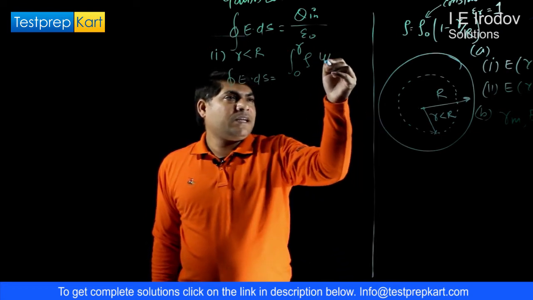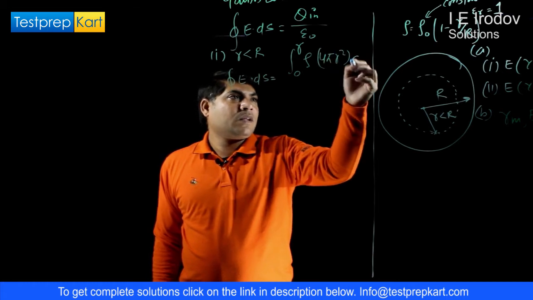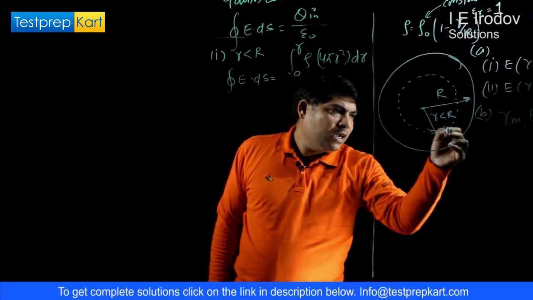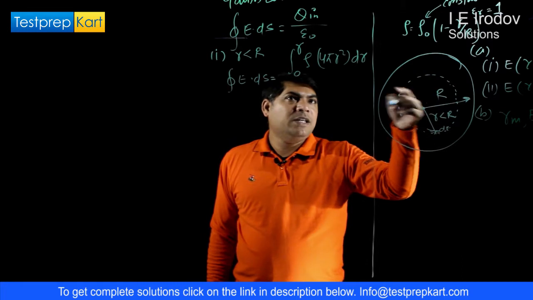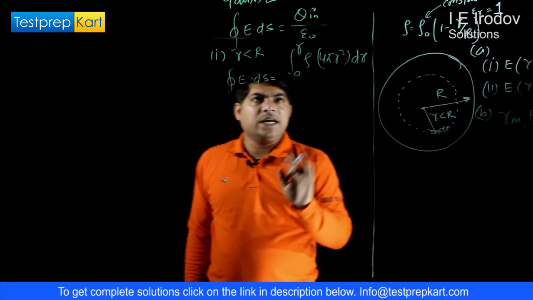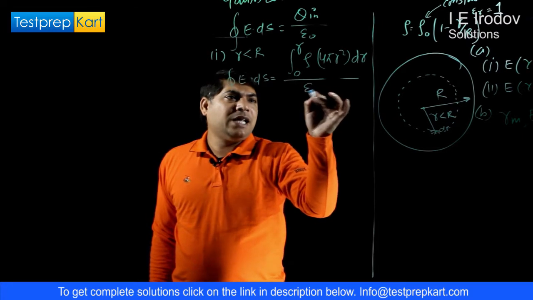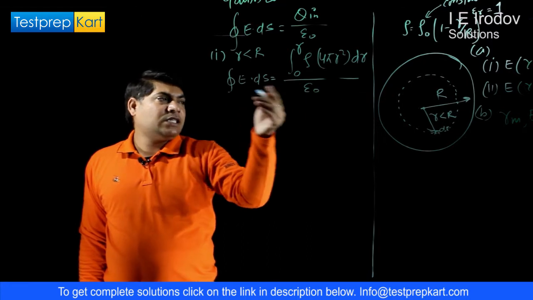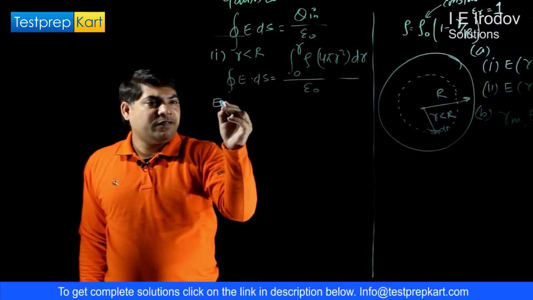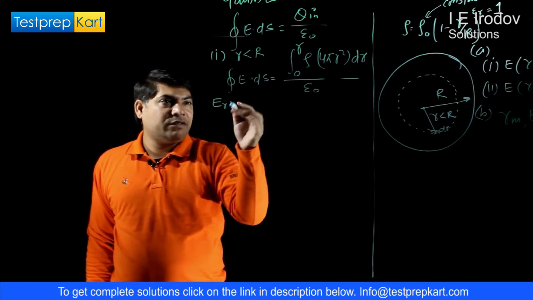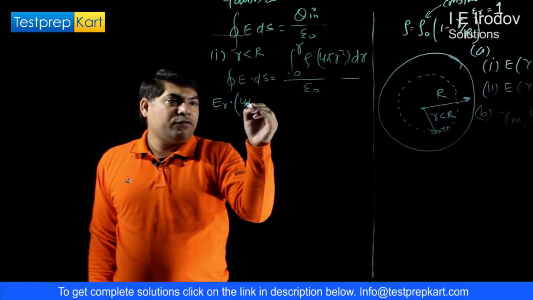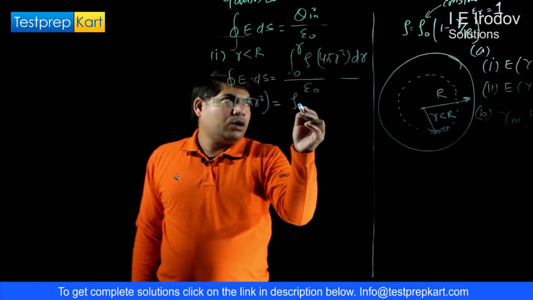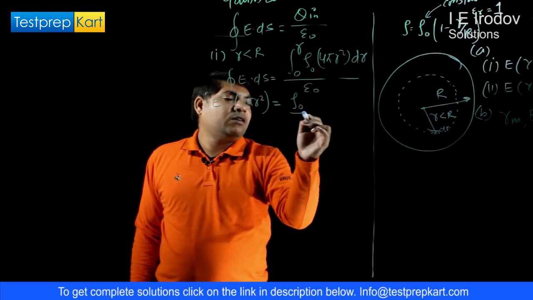The volume can be written as 4 pi r square dr, because if you take a very small segment dr, the surface area of a sphere is 4 pi r square and the width is dr, all divided by epsilon naught. For the left side, the closed integration of this surface is the surface area of a sphere. So we get E in the radial direction, of course, times 4 pi r square, equal to rho naught upon epsilon naught, which we can take out common,